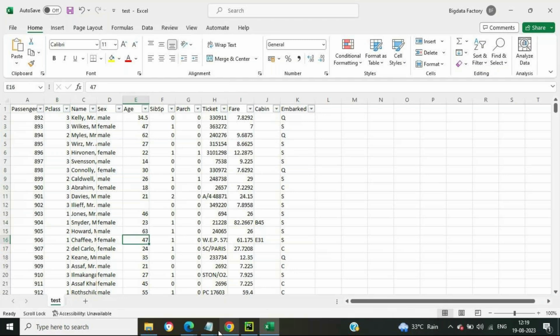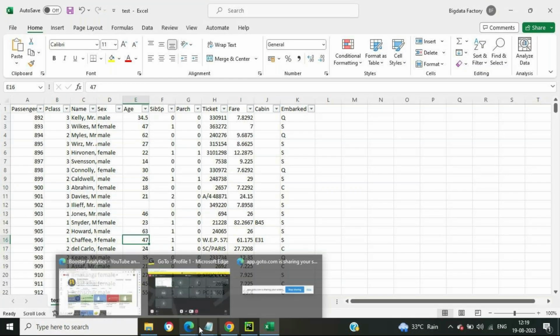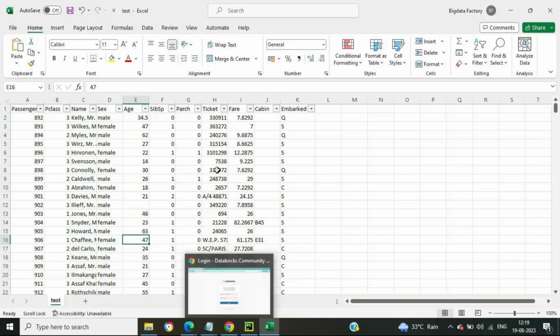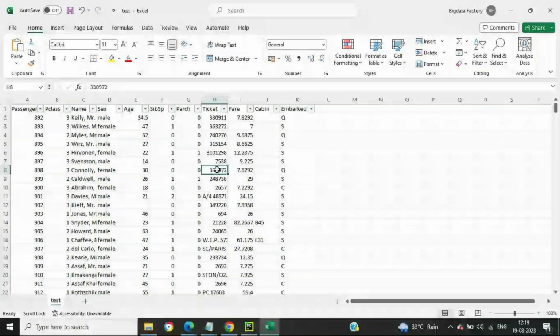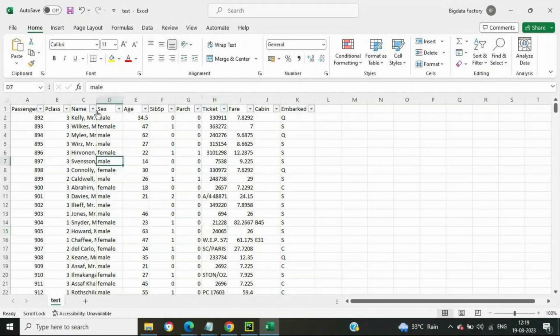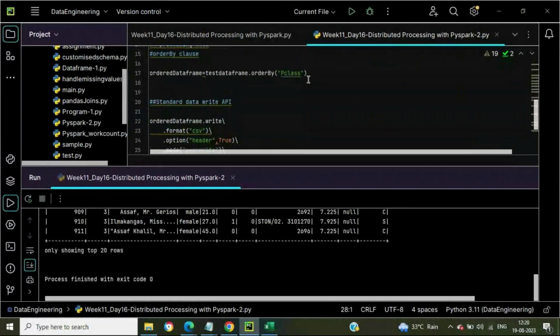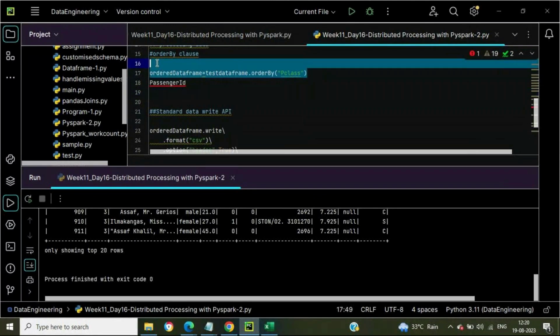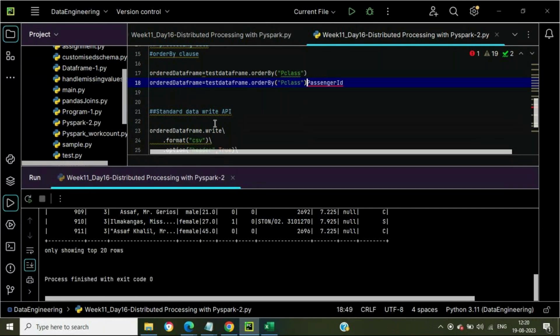Can I do the ordering based upon two columns? If you want to apply the order by clause onto two columns, then you can do that as well. So how to do it, say passenger ID. You just need to mention two columns based upon which you want to do the ordering. So it will also work,